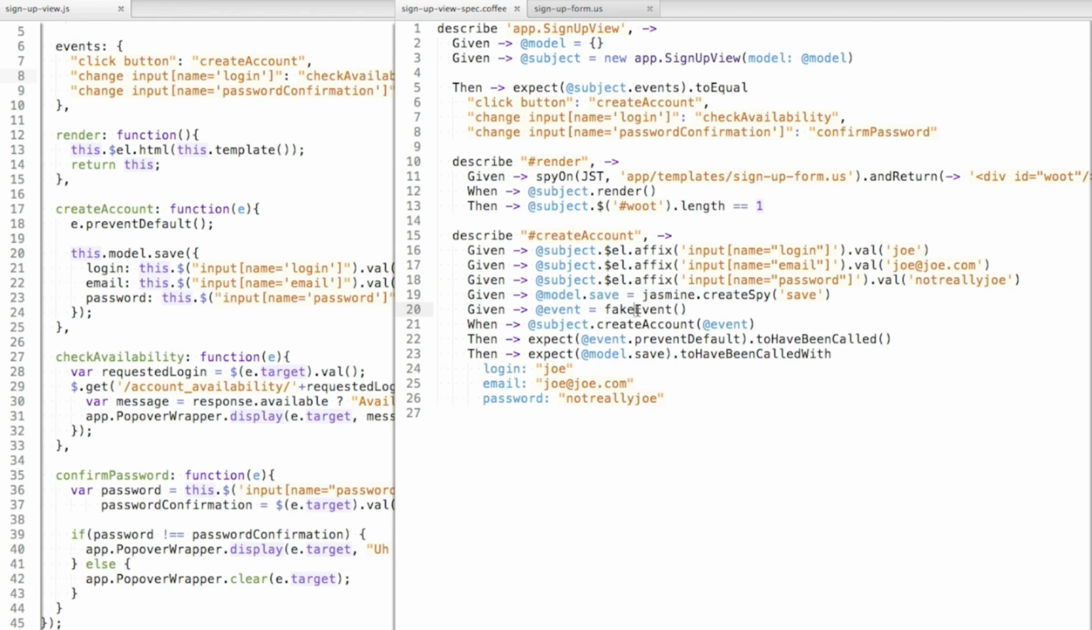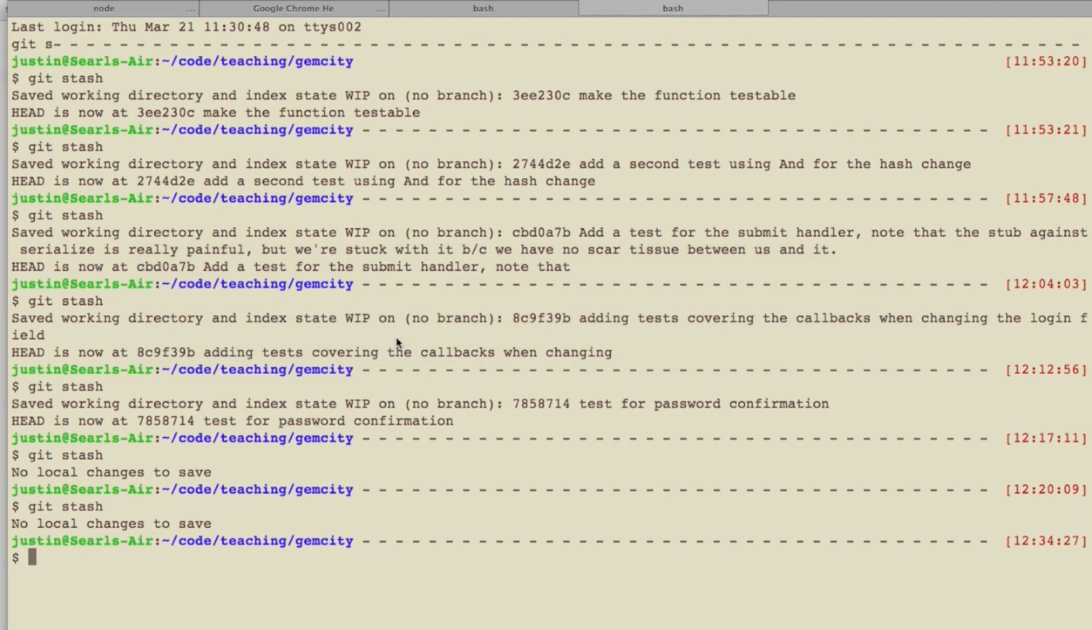Then we create a fake event, and we call create account and pass that event in. Here we just make sure preventDefault was called. And it matters, right? If preventDefault hadn't been there, you'd get a hard page refresh and everything would break. So having a test around it makes sense. And finally, the real meat here is just to make sure that model.save was called with login, email, and password all set correctly. And we can see it pass,